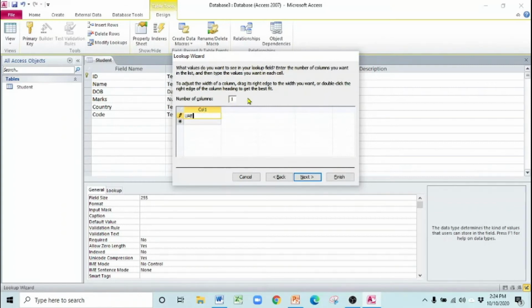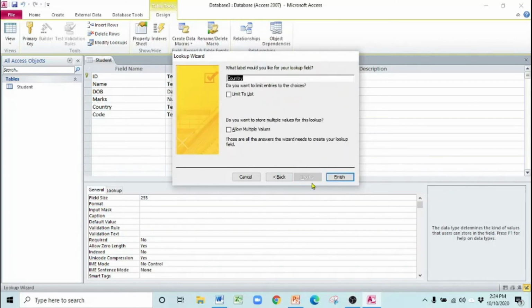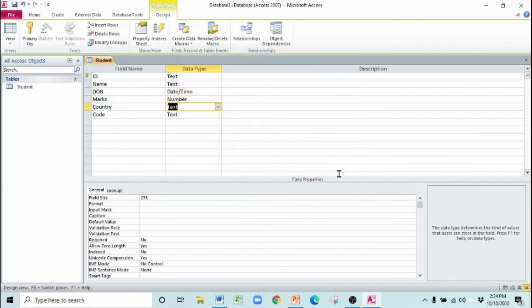Suppose UAE, Pakistan, UK, okay, or Egypt. Just write any countries which are required only. Click on next button, finish. So you have applied a lookup wizard now.